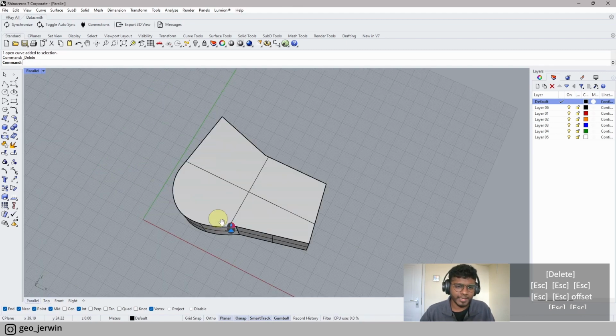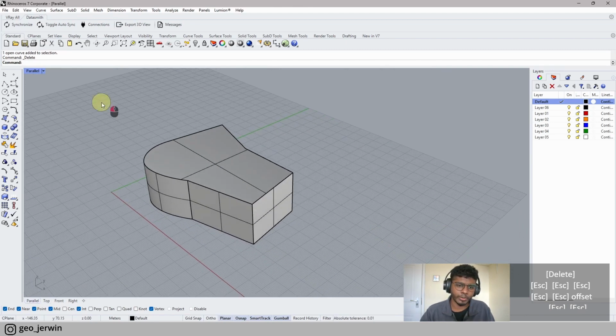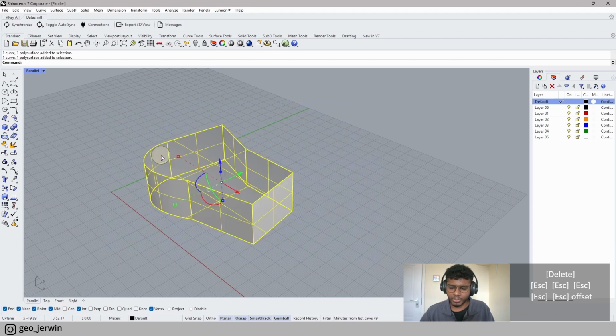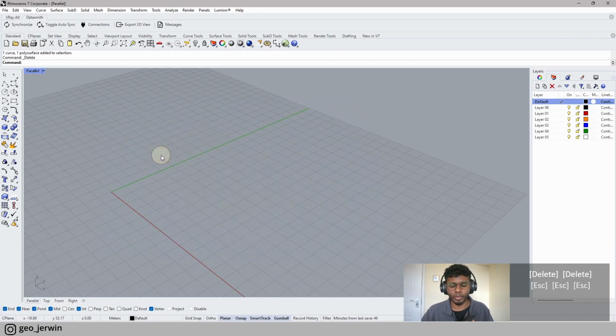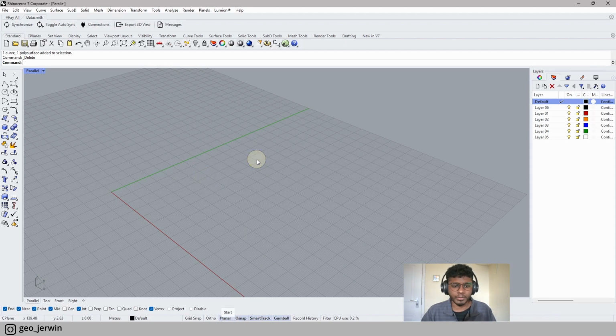So first, let's see what we're going to do next. We did this. I'm going to delete it. We're going to deal with what gumball does and how we can work with it, and then gradually we can go through other stuff. Before that, if you're wondering how can I import an AutoCAD drawing from here, it's this simple: